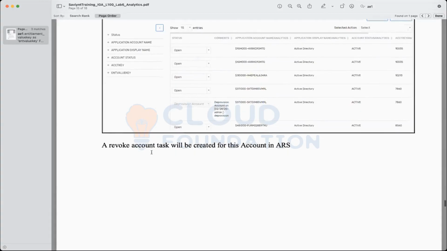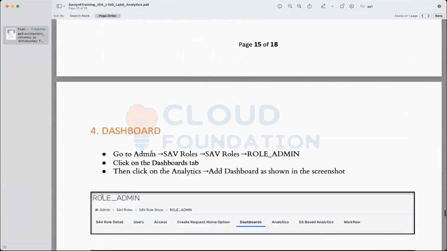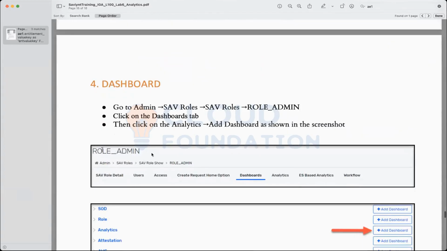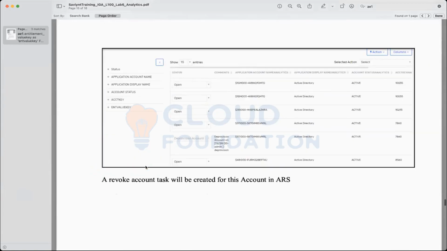And where will the task get created? In pending task. Last time we were talking about this, right? We have a pending task created, and then I will have to run the provisioning job. The provisioning job, as the name suggests, does not only talk about creating a new account on the target application.